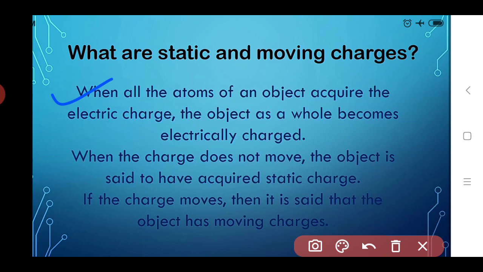If we see the example of the silk cloth and rod, if we do not rub the silk cloth on the glass rod, then there is no transfer or change in electric charge of the objects. So in that case we say that these objects have acquired the static charge, and if we rub the